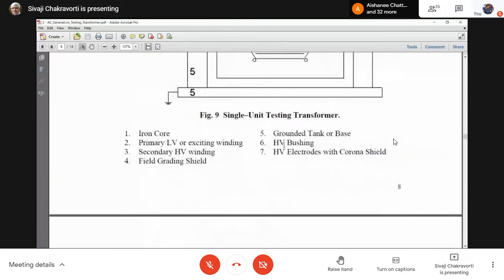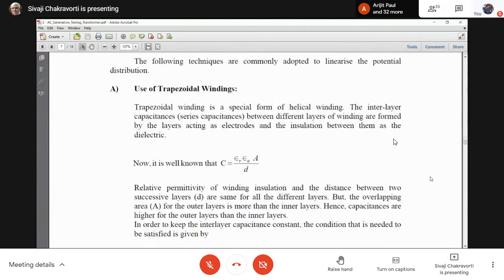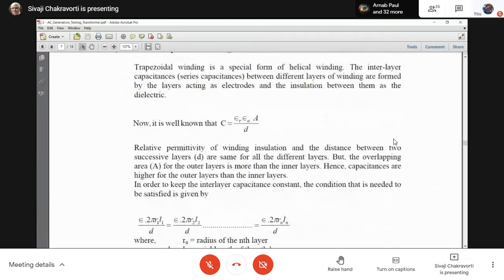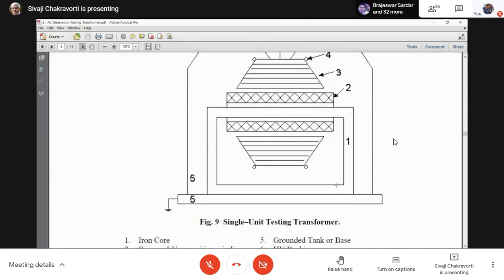What is the successive layer? Here. These horizontal layers. The winding is from inside to outside. So there are multiple layers here. So the thickness of the individual layers also remains the same. That means T. So this area, therefore, what is the area? Please remember, this is the cross-sectional diagram. Actually, this winding is a cylinder.